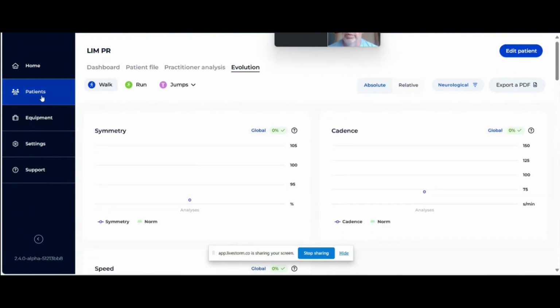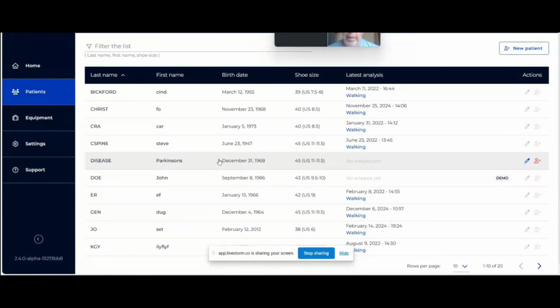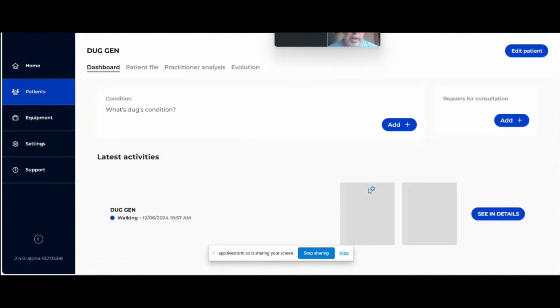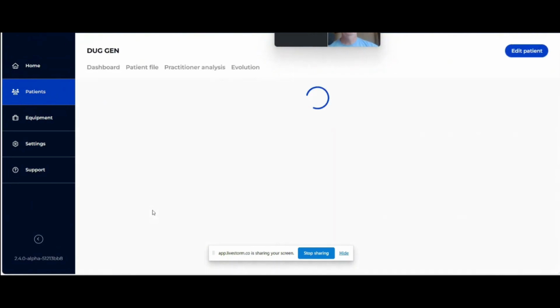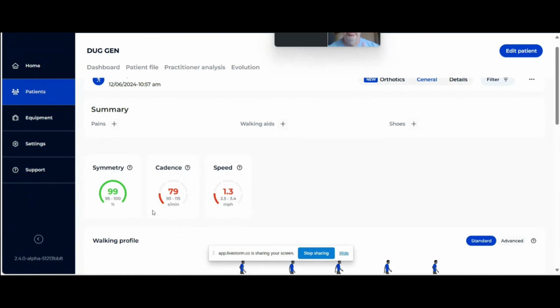I want to go to another patient here real quick. And the reason is, this is a little bit different. I'm not going to give you all of the information because I think I'm going to be using this for next month. So you might want to tune back in and see kind of what's potentially going on with this particular person. But I will tell you that